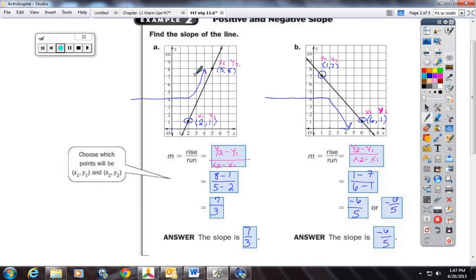Now, could I do the same thing and count here? Yeah, but instead of going up, instead of rising, what am I doing? I'm falling. So that tells me that this is a negative line. So how many times did you fall? 1, 2, 3, 4, 5, 6. And then how many times did you run? 1, 2, 3, 4, 5. Does that correspond to the slope we found? Yes. One more trick on counting. So I start at the first point that I come to. And in order